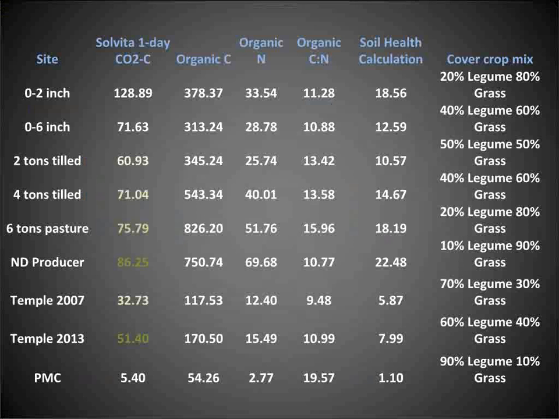This is some data that we've done over the years, and I wanted to show you this because we get a lot of questions about the depth of the sample. We recommend a 6-inch sample because most all commercial and university labs use 6-inch samples. All the calculations are based off 6-inch samples, but I wanted to show you here at the very top, that's the same sample. That 0 to 2 inch and 0 to 6 inch is the same sample. And when we start getting too deep, we start diluting the effect of what's going on. You can see the microbial activity is way higher in the 0 to 2 inch than the 0 to 6 inch. So it does matter what depth